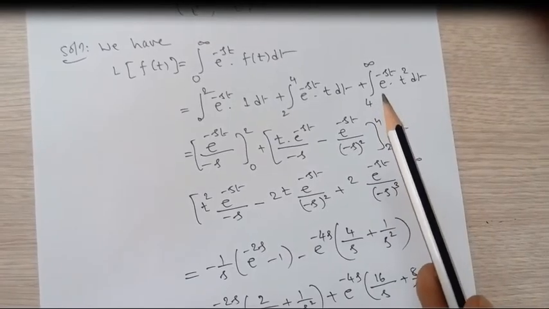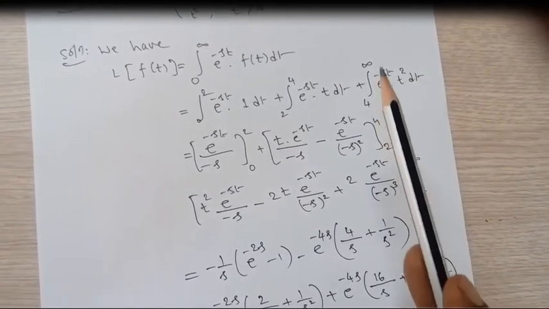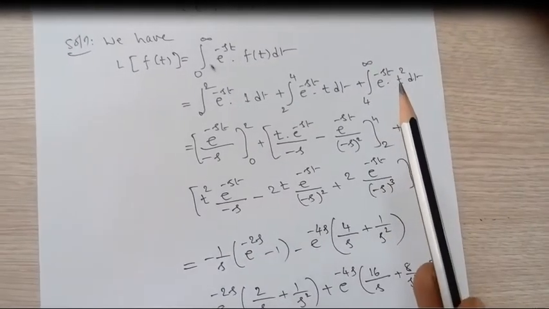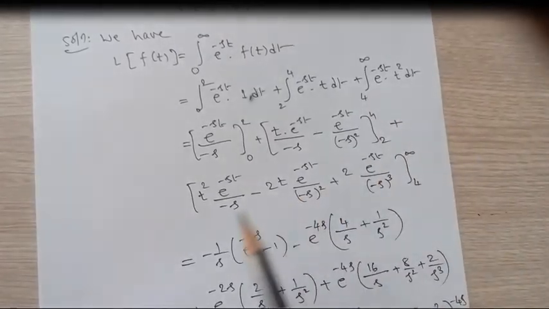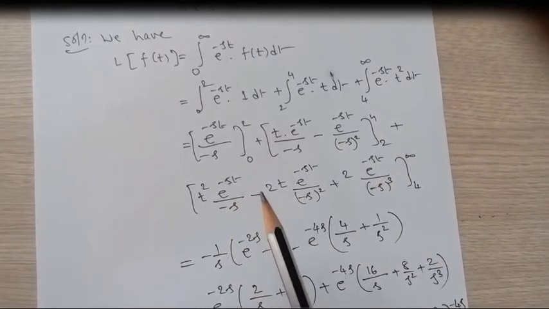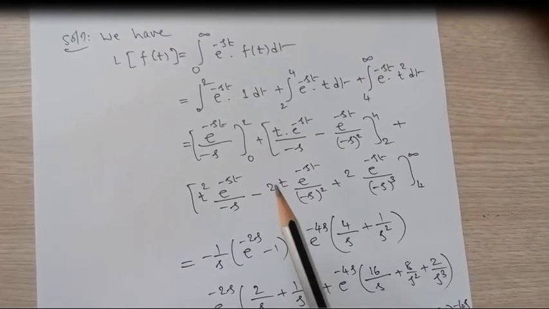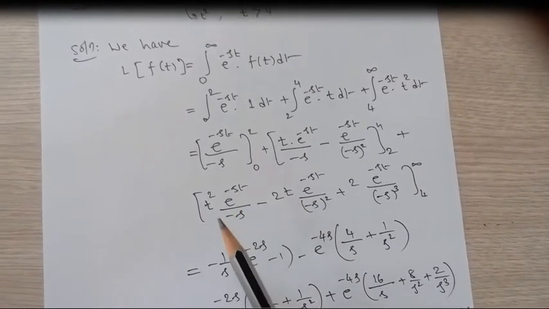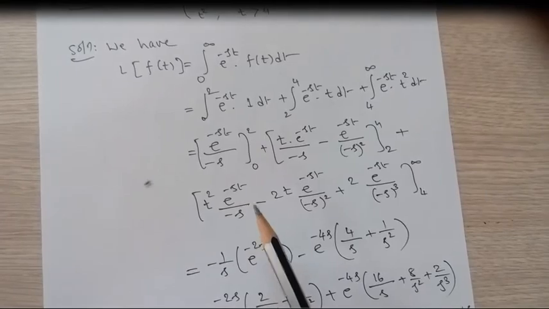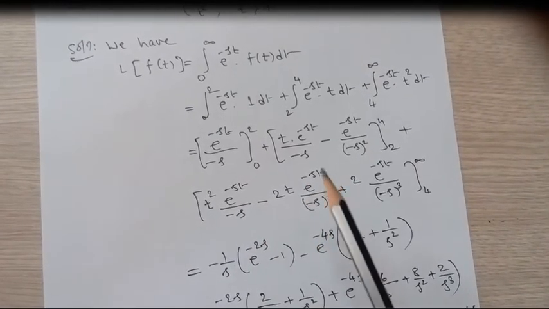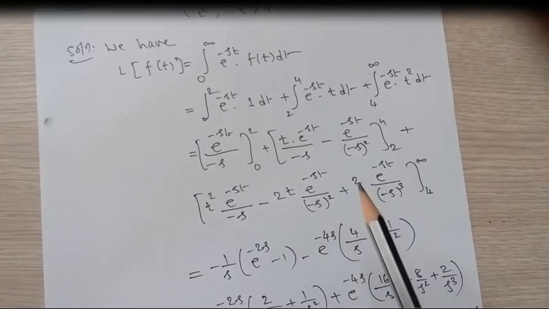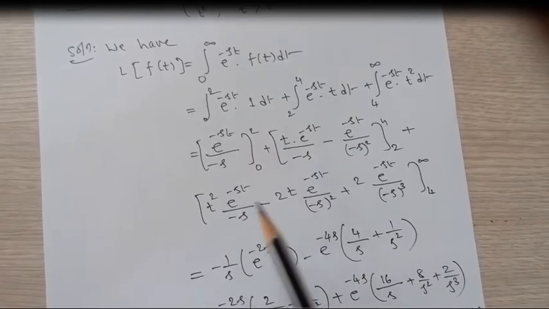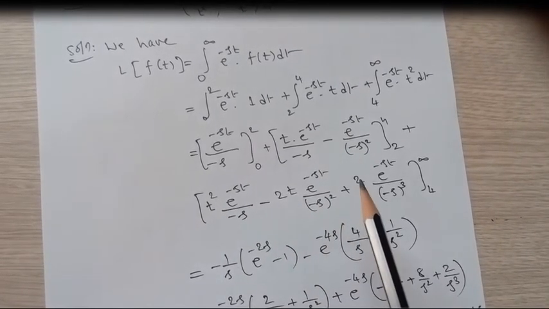integration of e raised to minus st into t square into dt between 4 to infinity. Again, by the rule of integration by parts, we take this as first function and this as second function. First function into integration of second function minus differentiation of t square. Differentiation of this is 2t, and next integration of this, e raised to minus st by minus s with respect to dt, is this, plus differentiation of 2t. This is the rule. First, differentiation of t square is 2t and differentiation of 2t is 2,